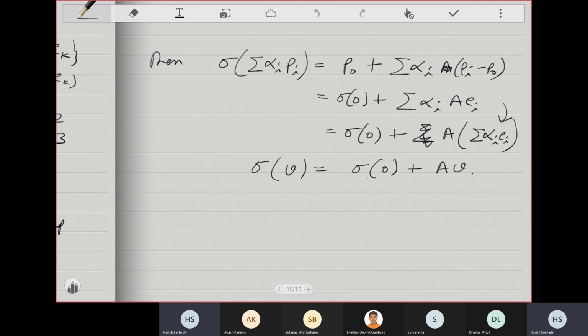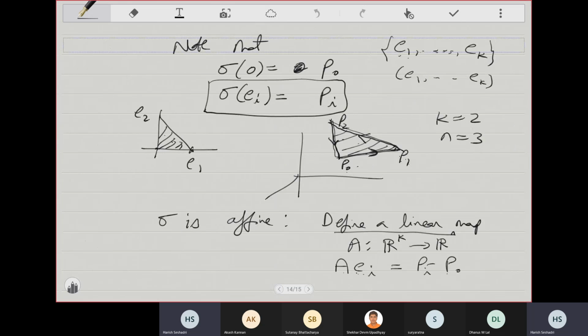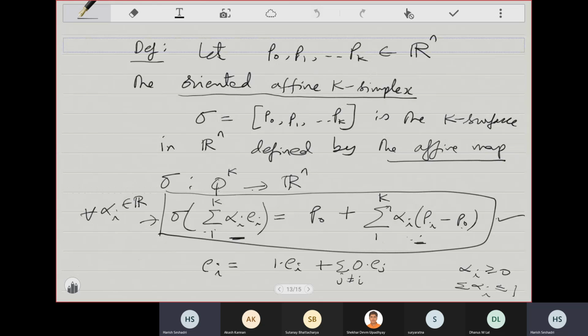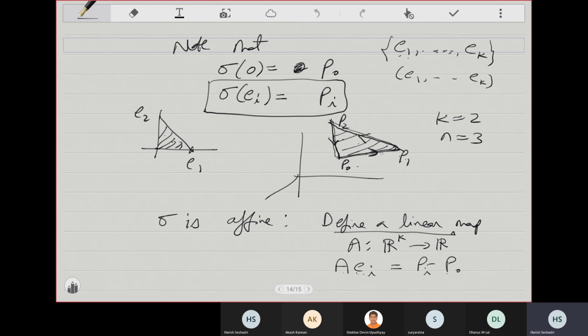So for now, forget the oriented, and just try to understand the other stuff, namely, given k plus 1 points in Rn, I have a very specific k surface associated to those,